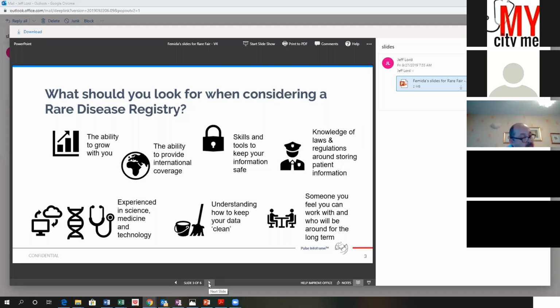So just differentiate the types of data that are important and build something with a data dictionary that's going to reflect the needs of the patient and what's important to the patient. And in doing that, when you're considering a rare disease registry, there's another thing to remember, and that is that there are several data that are actually common across different rare diseases. So that's like the foundation of the house.